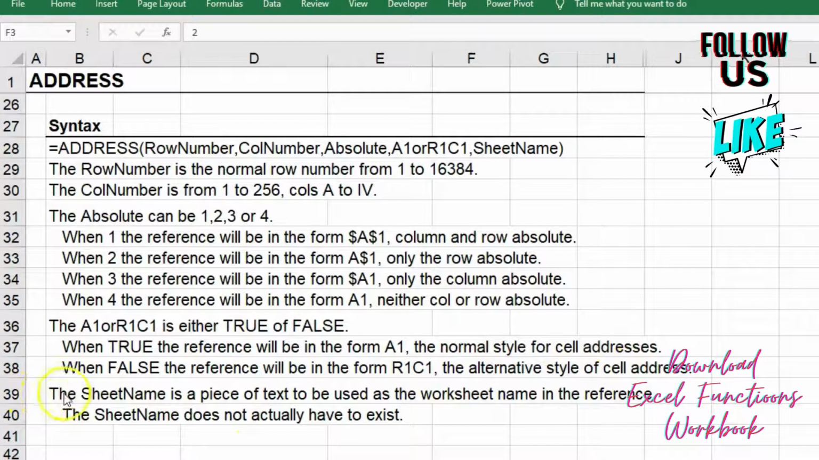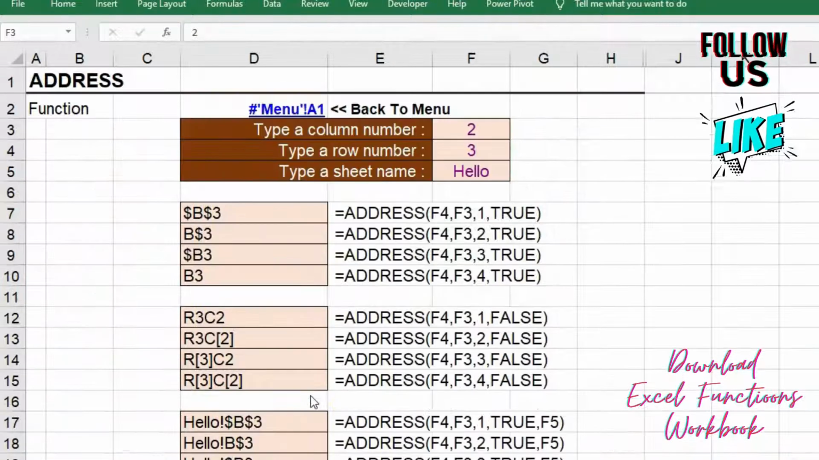The last argument is the sheet name. It's a piece of text representing the name of the sheet. Now let's see this function at work. I have my column number here to be 2, the row number to be 3, sheet name to be hello. Now the address function returns this,